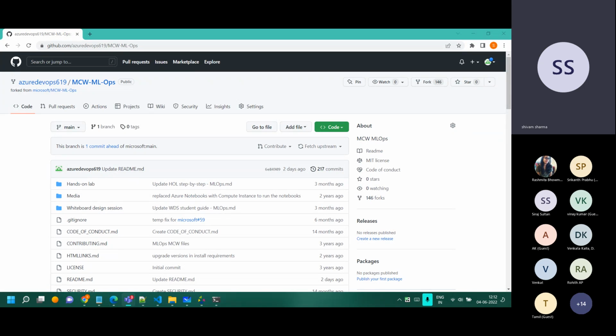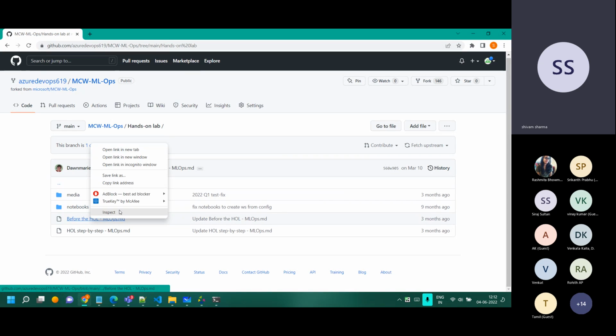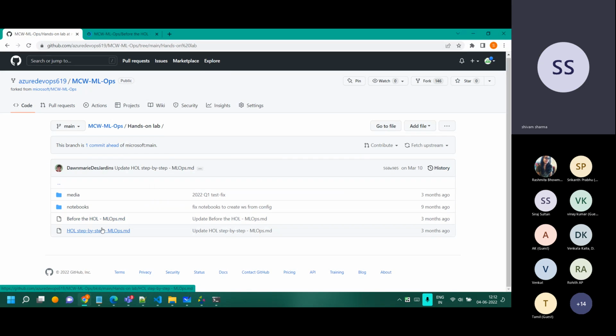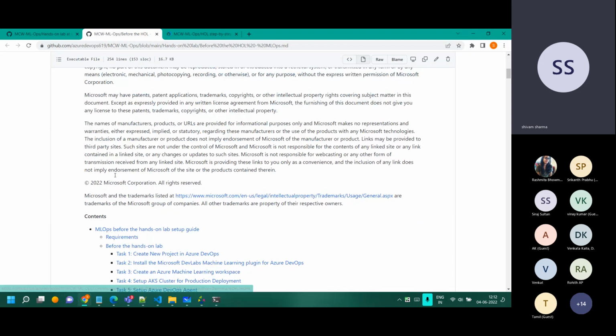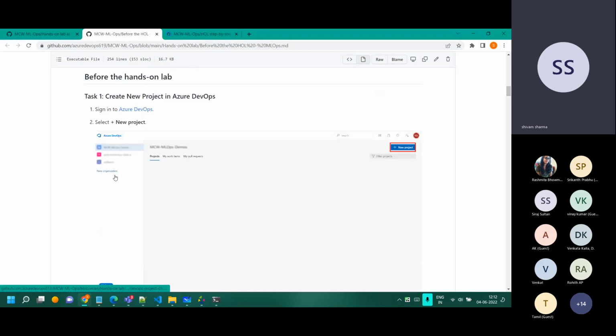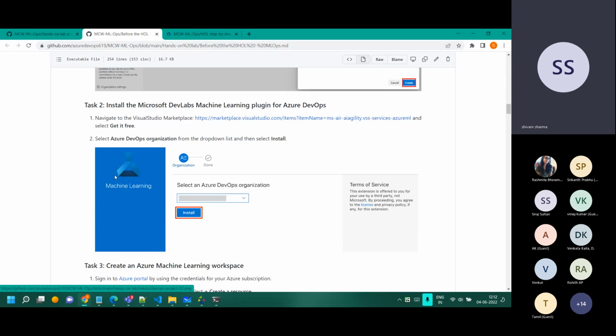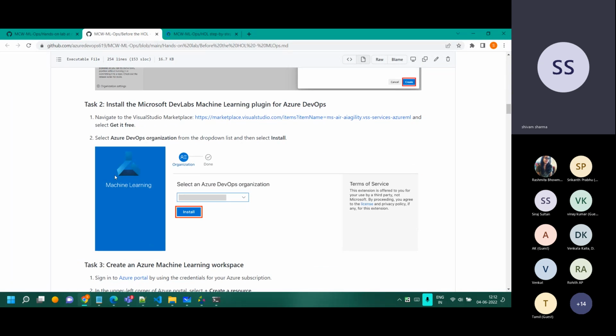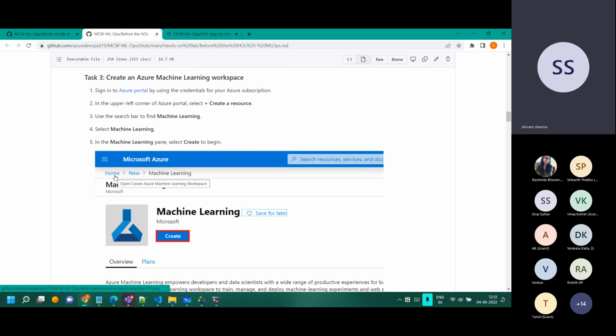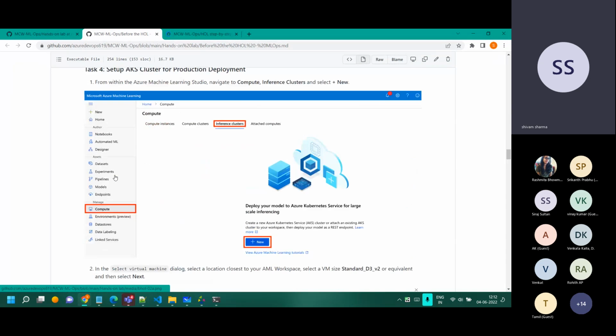The last link, if you bookmark the last link, that's what you need to do. You can click on the hands-on after that, and it's part A and part B over there. It's a Microsoft workshop which we have deployed. There were a few corrections, so I have done the corrections over there. A few things were changed, so you should not face any problem. Everything should be perfect.